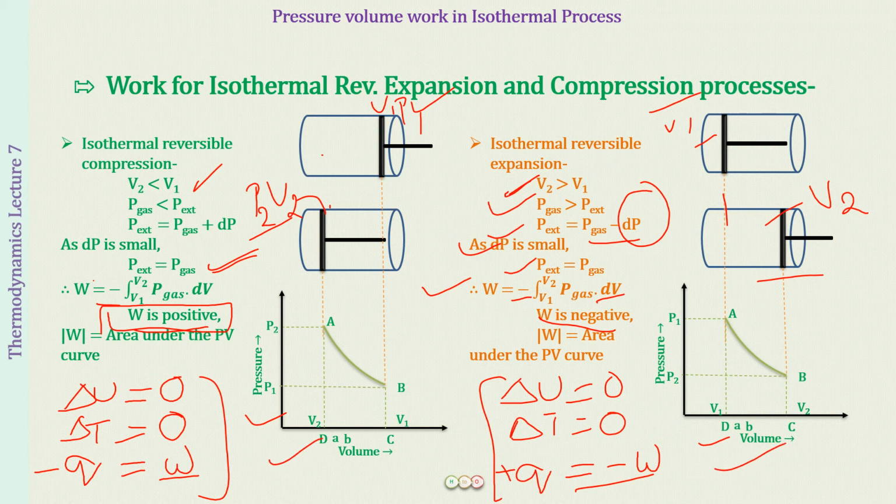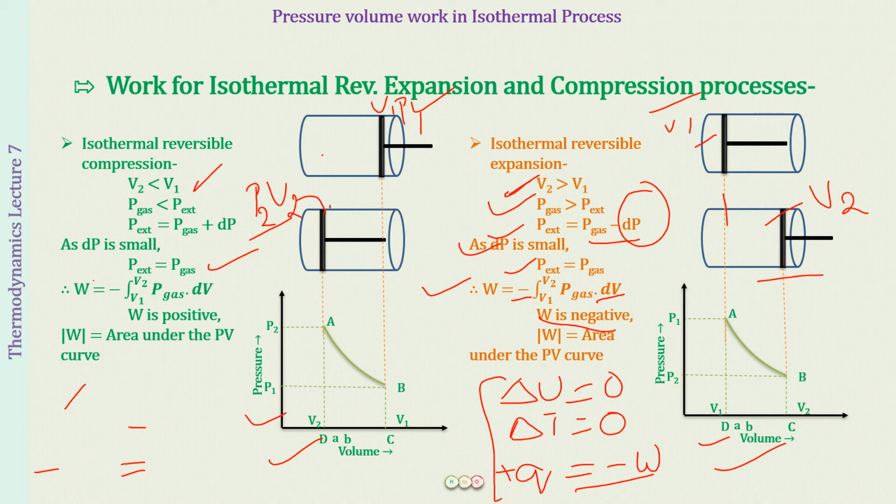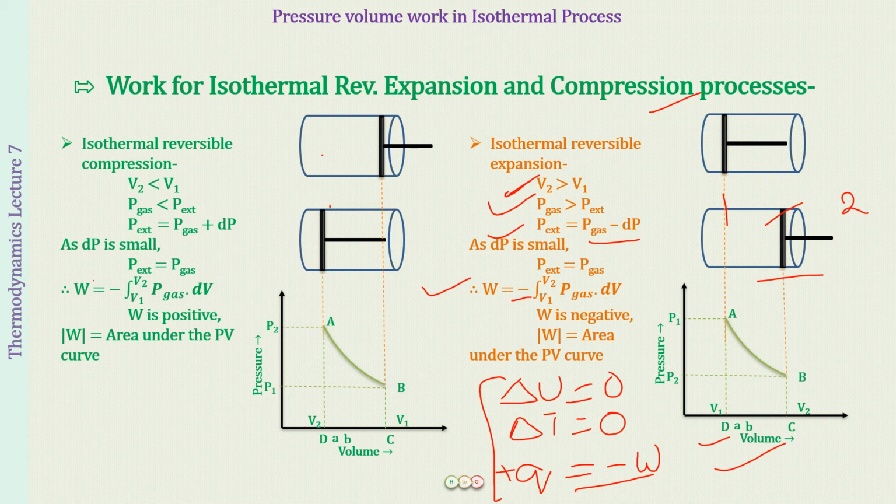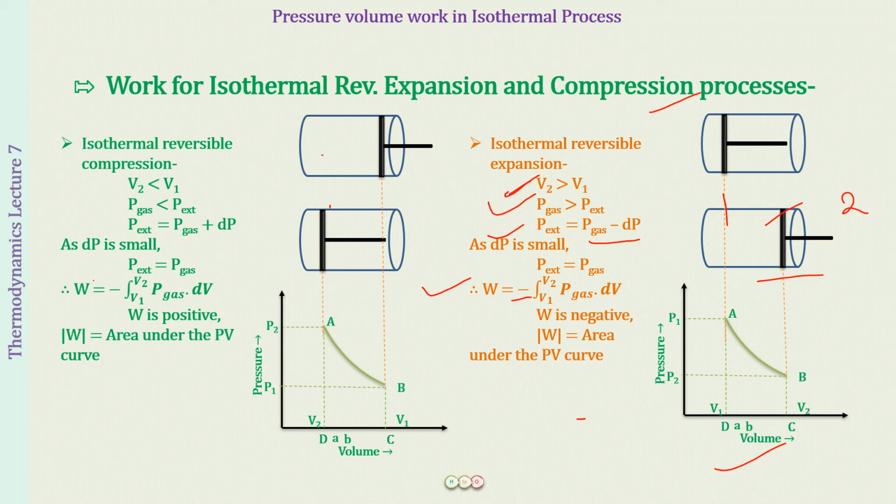Okay, and this is because I wanted to show you a very important result over here. Otherwise, a compression can happen between any two values of pressure and volume, and an expansion between any two values. Okay, so now let us talk about these two plots first of all separately and then together. So what you have to remember is that here we are starting the process from B to A, and this process is happening from A to B.